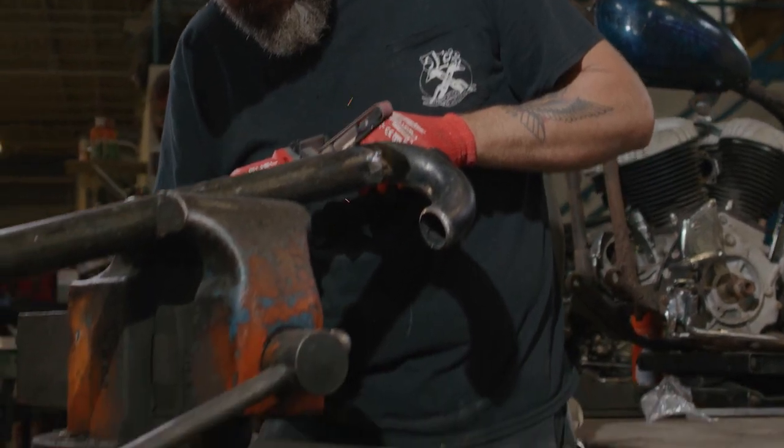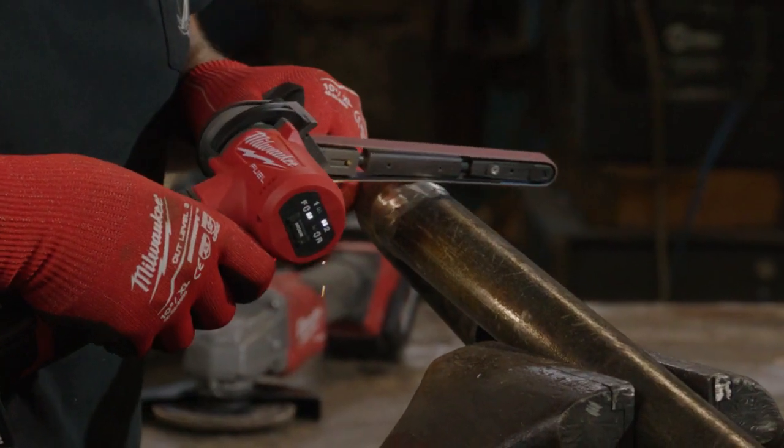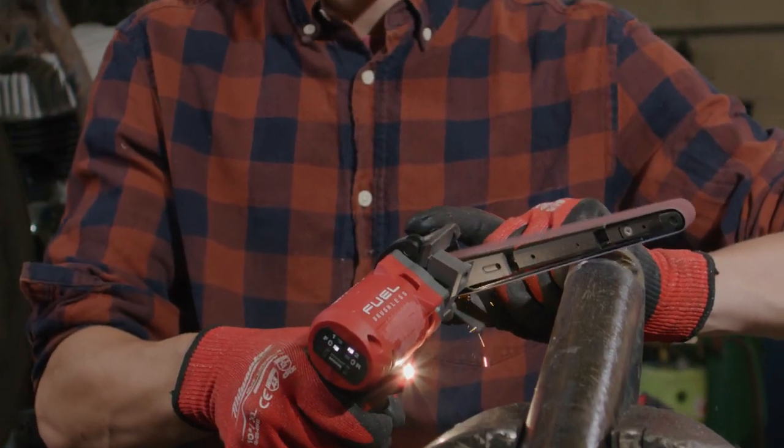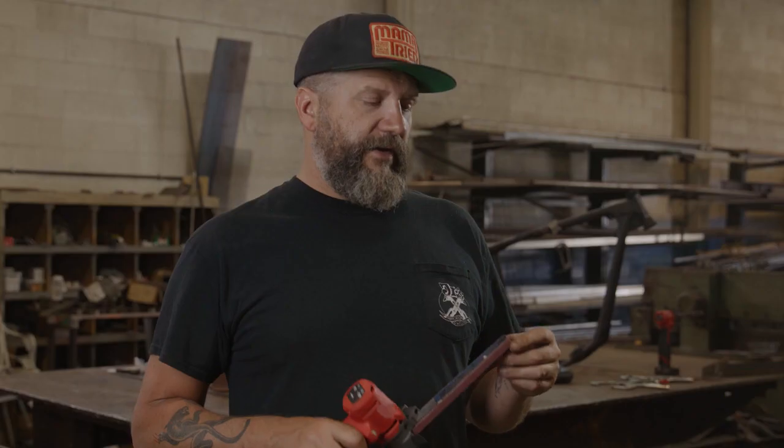Keep a clean, consistent finish with this high-speed, powerful Bandfile, giving you faster removal without flat spots on your material. I do a lot of work on round, so we'll weld the frame together, weld the railing together. We have a large weld, and then I'll get this out and finish it so that I have a nice,